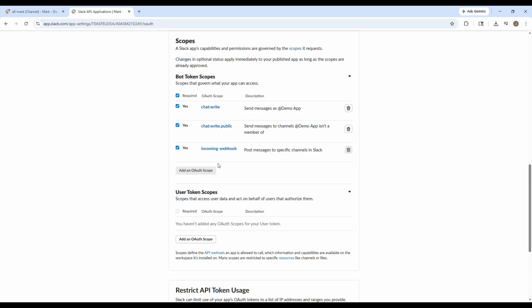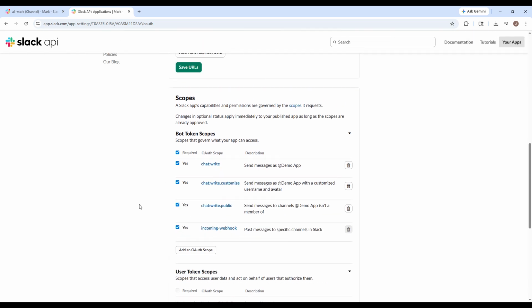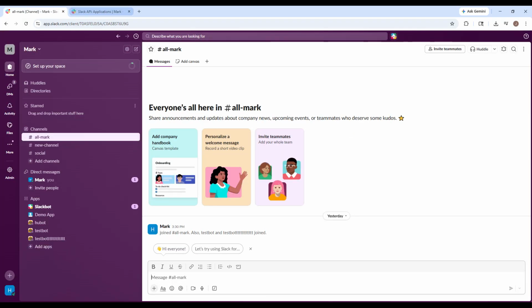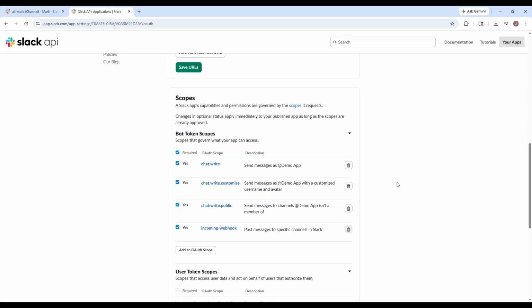The key here is to match the scope to the exact API action, because adding the wrong one won't solve the error. If you're not sure which scope you need, go back to the error message or the API endpoint you're calling and check Slack's documentation for that method. Usually, the missing_scope error tells you that one required permission is absent, so you just need to grant that permission